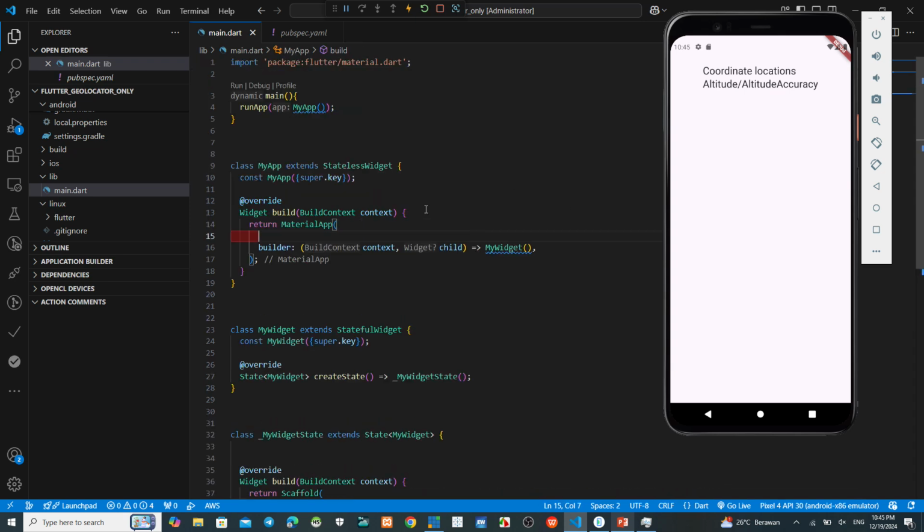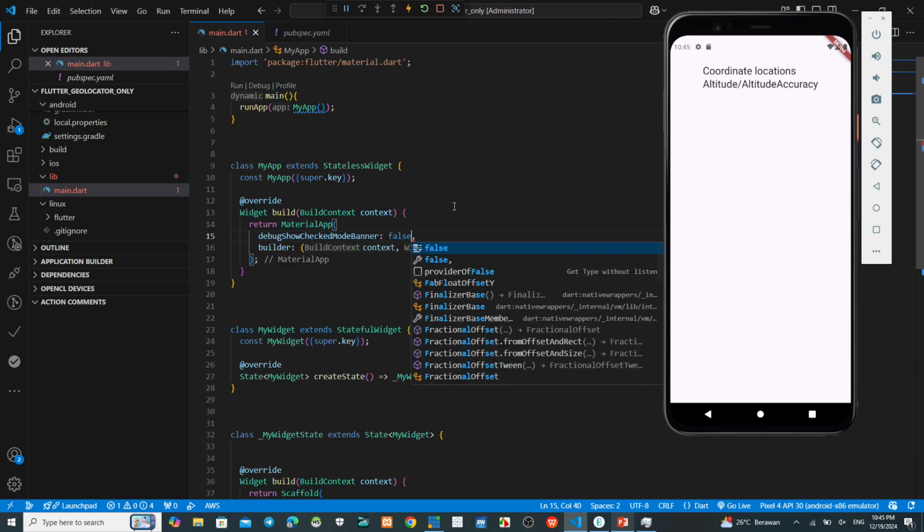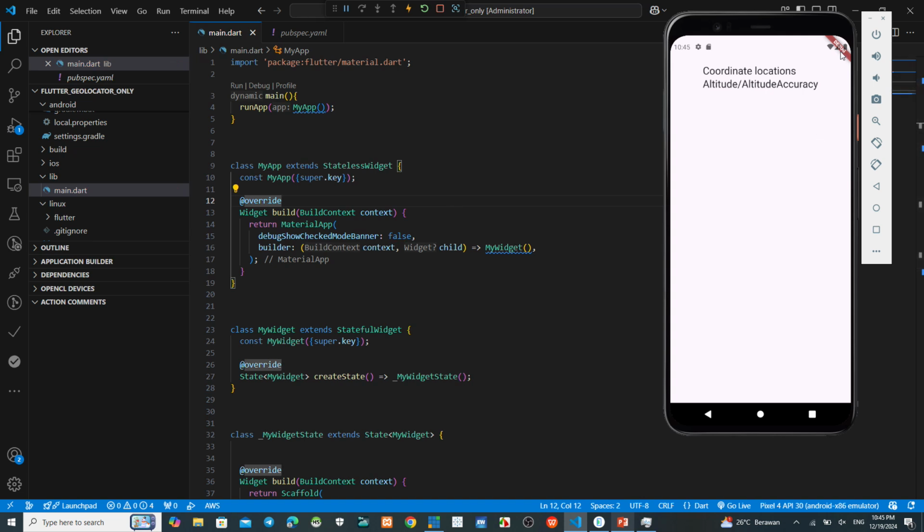This one, debug banner, false. Make this one false. Okay, this one will be removed. Maybe until we restart here, this one will be removed from this virtual device.